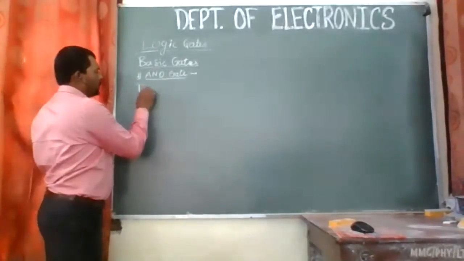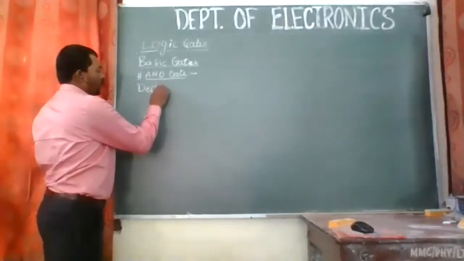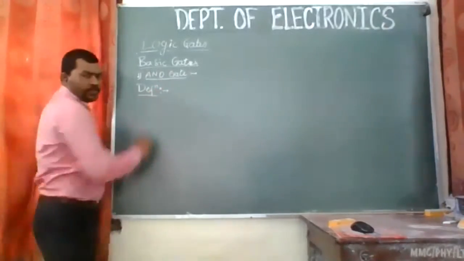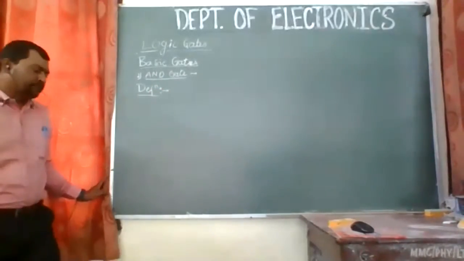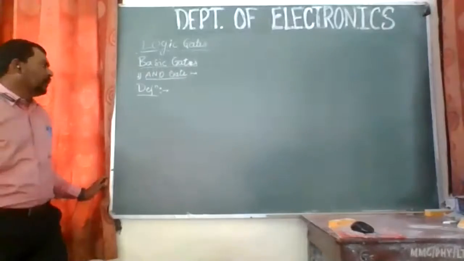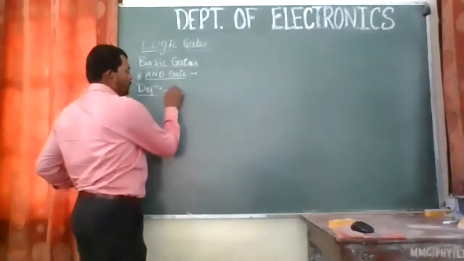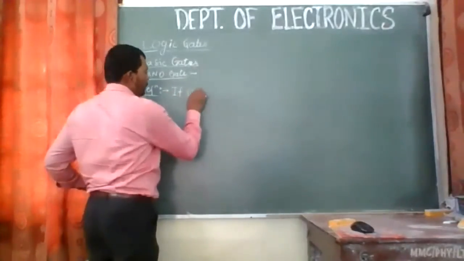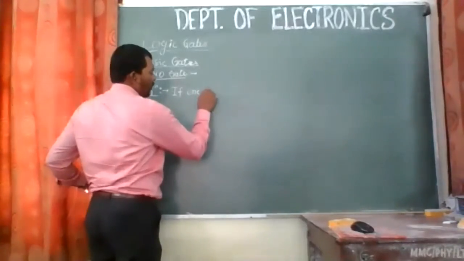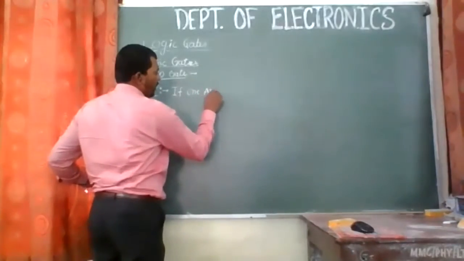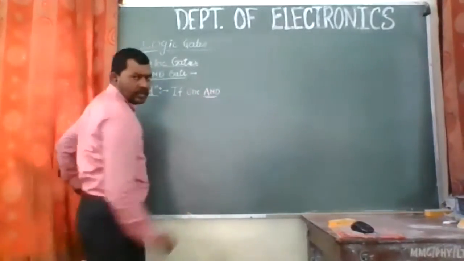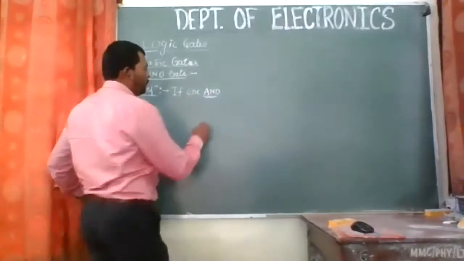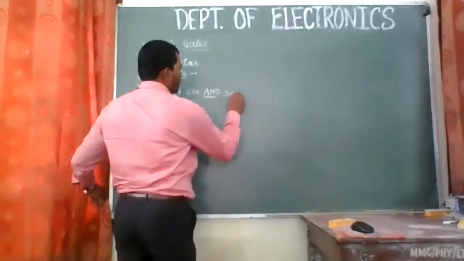Just see how I am writing this definition, and accordingly we need to write, right? The definition will be like this. Since it has 2 inputs, if the first and the second